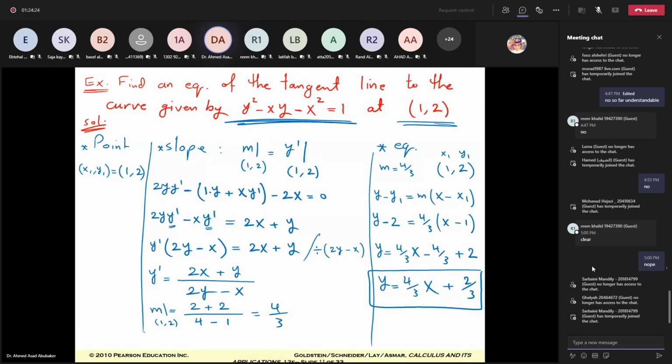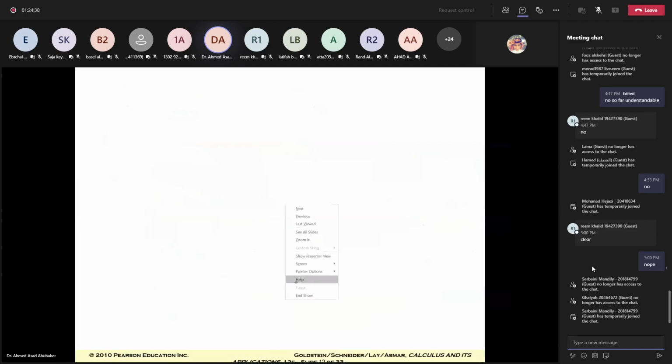Also, we can be asked to find only the slope of the tangent line. No need to find the equation in the example; it asks you to find the slope. So just find the slope of the tangent, for example, like this. Example: find the slope of the tangent line of the graph